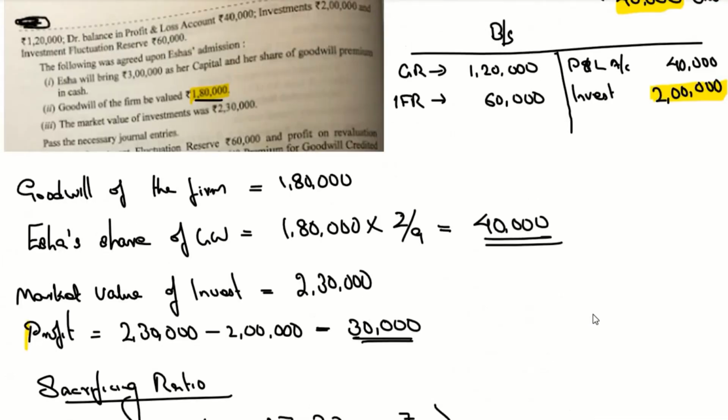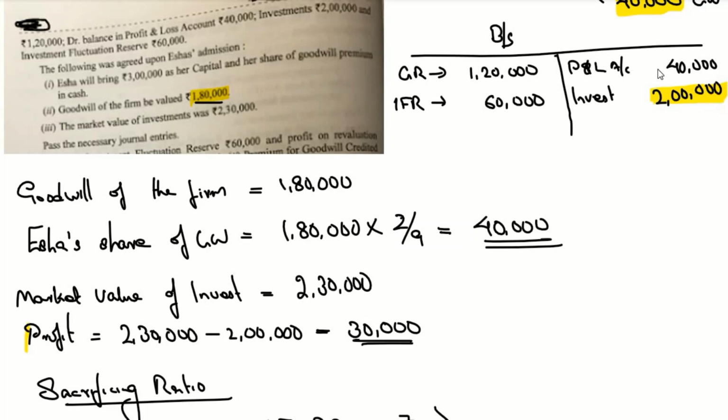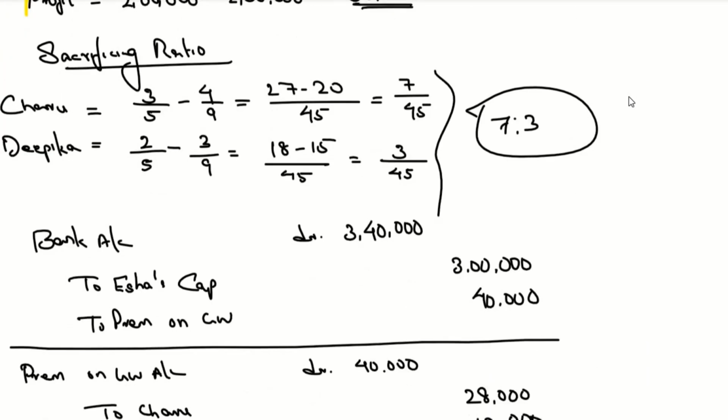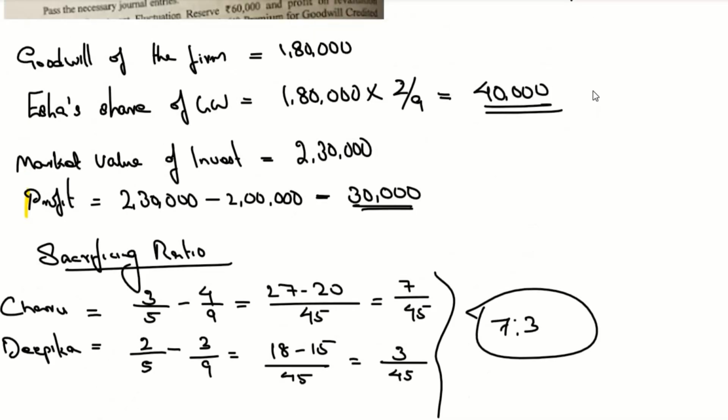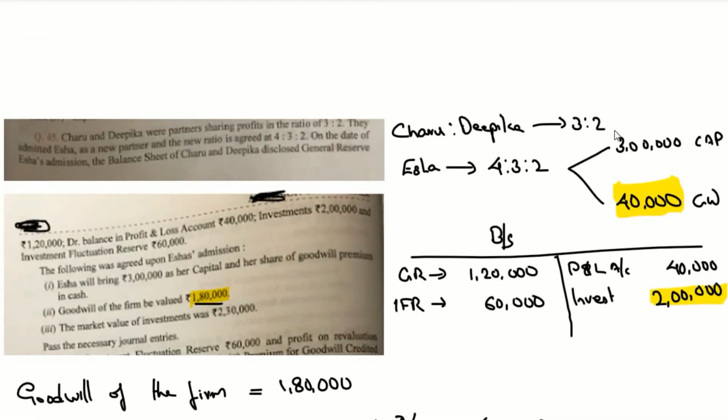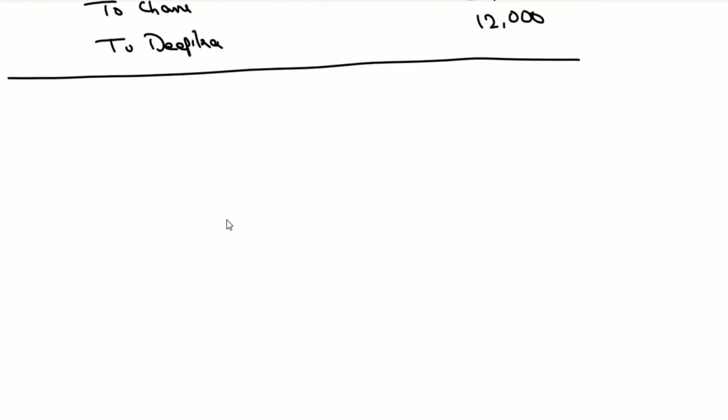Now we should see the items in the balance sheet. We have the P&L account here, and we have the general reserve as well. So general reserve and P&L account, let's write it off to the old partners in their old profit sharing ratio, which is 3:2. Okay, so it's going to be general reserve account debit